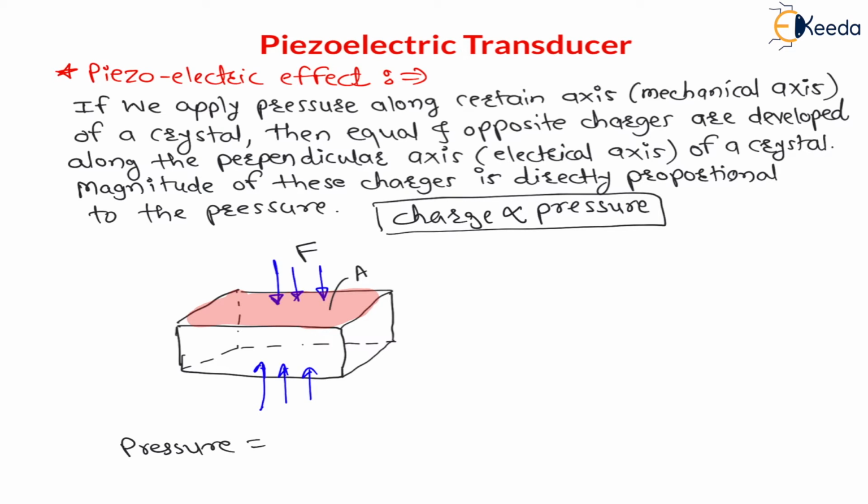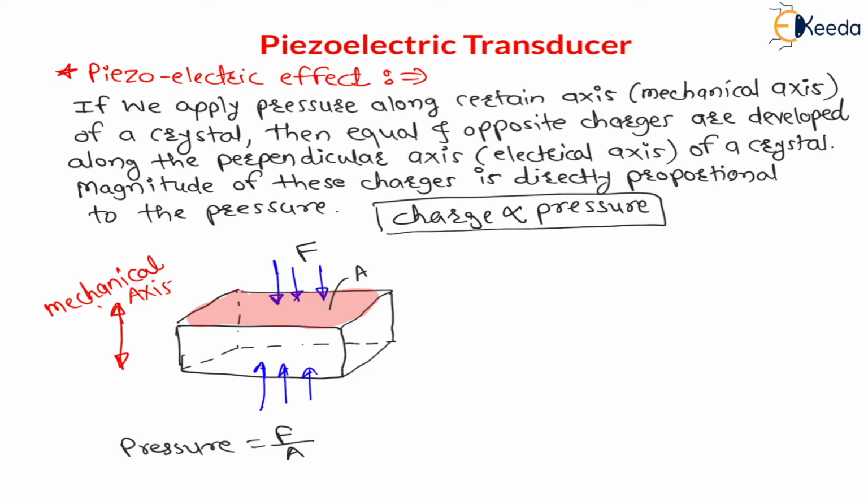The pressure will be equal to force per unit area perpendicular to the force, right? Therefore this vertical axis is called the mechanical axis, because along this axis we have applied pressure, right? Along this axis, as we have applied pressure, the same axis is called the mechanical axis, right? And my dear students, because of this application of pressure along the axis perpendicular to this mechanical axis,